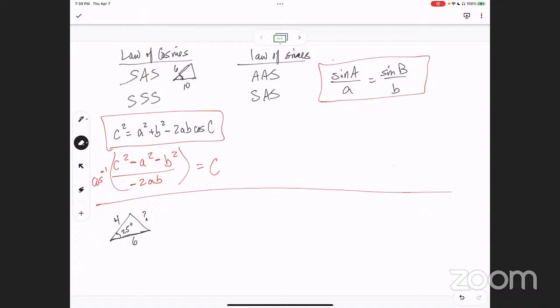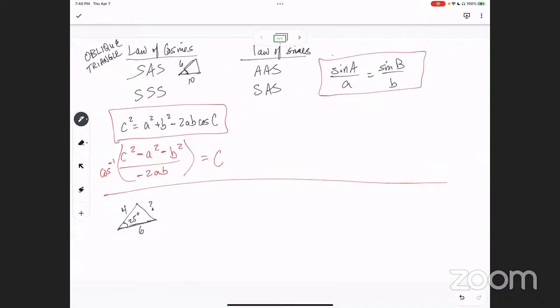So in this case, I'm going to have to use, by the way, I'm glad you said that. These are oblique triangles, which we learned about. Oblique means they're not right triangles. You can't assume a right triangle when I show you this. So to solve it, you're going to have to use